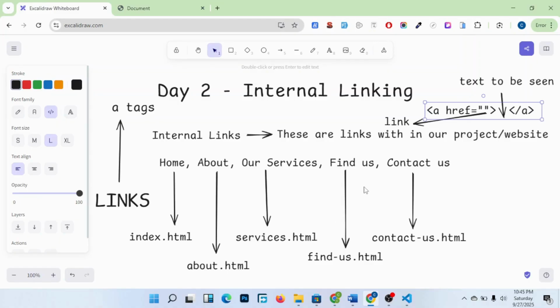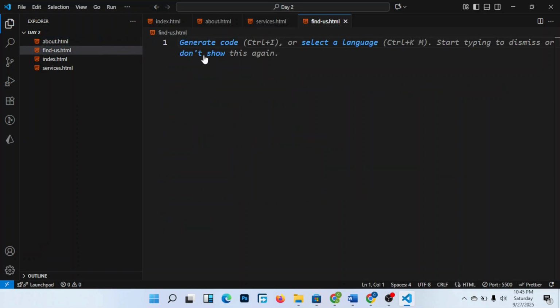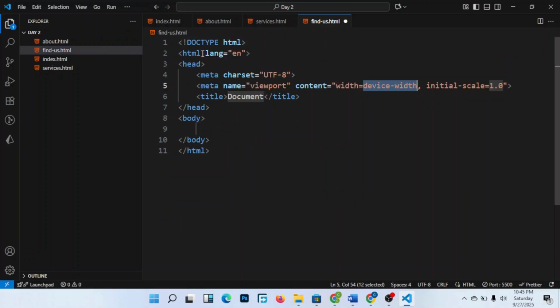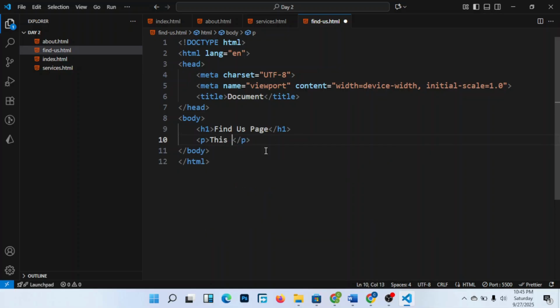Okay. So here, find us and contact us are the ones remaining. I create those pages. I say find us.html. Okay, so I create the image. I say it is heading 1. Heading 1, there is find us page. Then I say the p tag, this is the